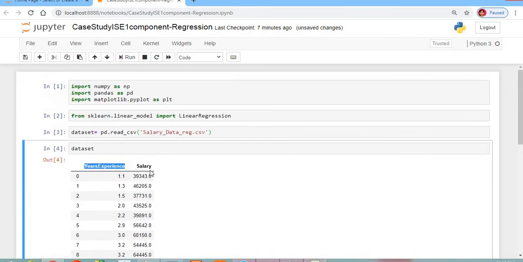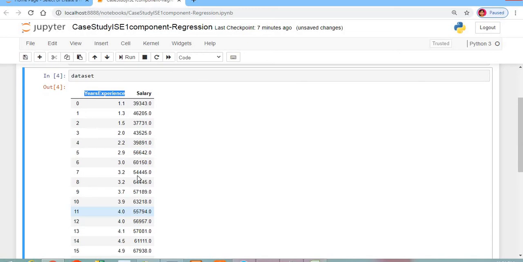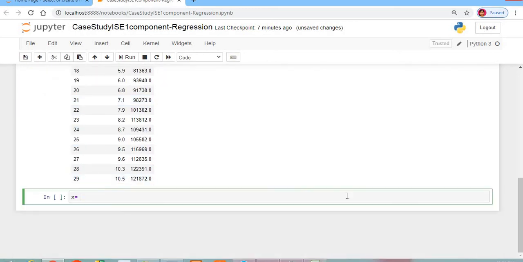Now I want to separate it out. This is an entire data set, so how do we separate it? X is equal to data set dot iloc, then I will include all the rows, comma.